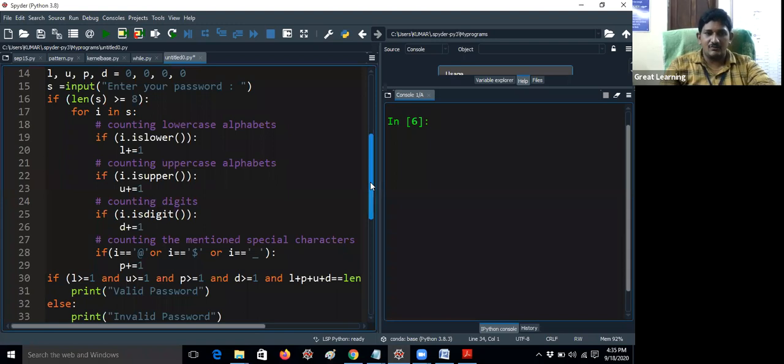Whenever you have a Wi-Fi or a password, even for your Gmail, you just put a password like 1 2 3 4 5 6 7 8. Many Wi-Fi passwords are like that, and they can be easily traced definitely. Even your Wi-Fi can be used by your neighbors automatically. I don't know why they put those passwords, but that is not a good thing. Even for your Gmail account, definitely don't give your mobile number as the password. Sometimes some people give 1 2 3 4 5 6 7 8 only for easy remembrance.